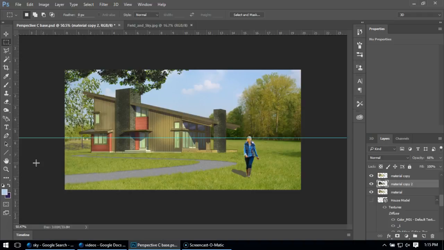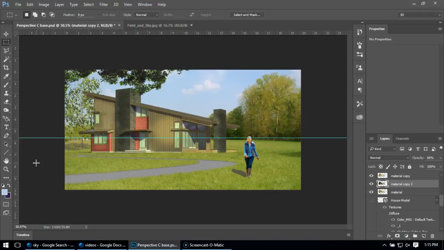I'm going to replace the sky in my background because I think that's a common thing that can happen in images, especially if you're working with real photographs of a site and you just might not like your sky and you can get a different sky. And I want to show you some tips and tricks with just working with sky. It's nothing really new, but it seems to be a thing that can happen quite often. So what I'm going to do is go to Google and start looking for skies,